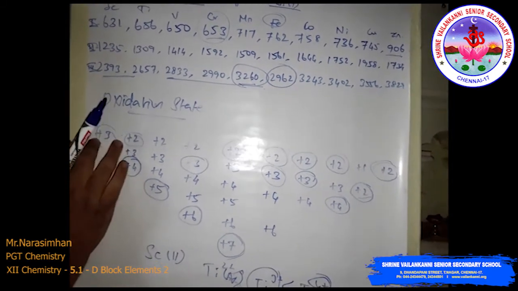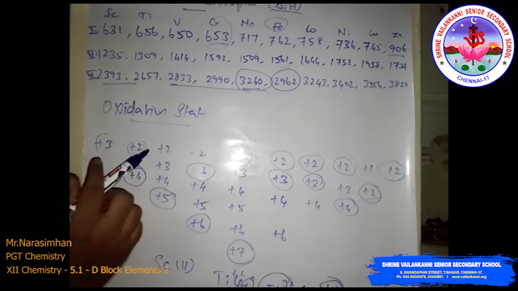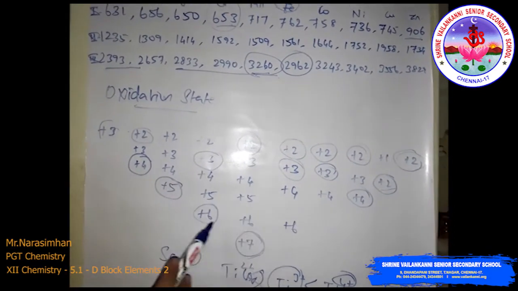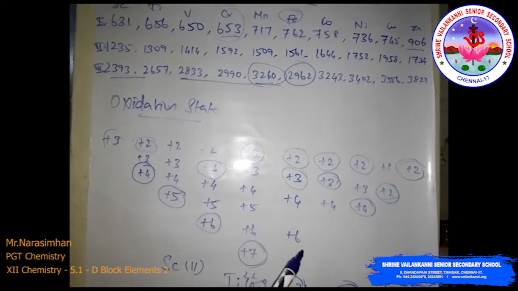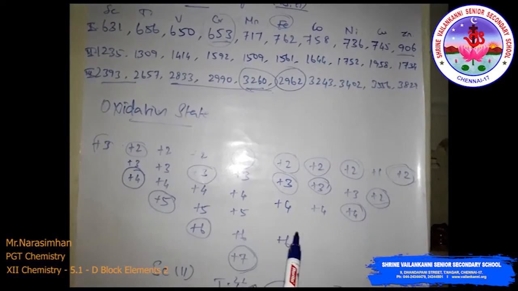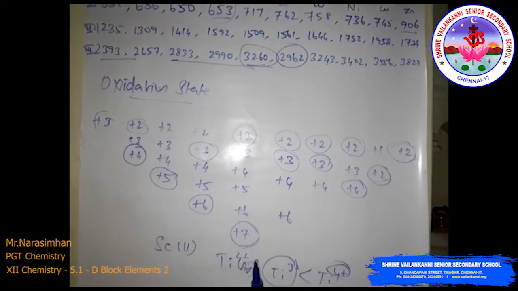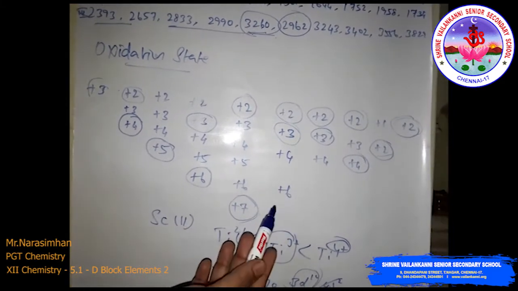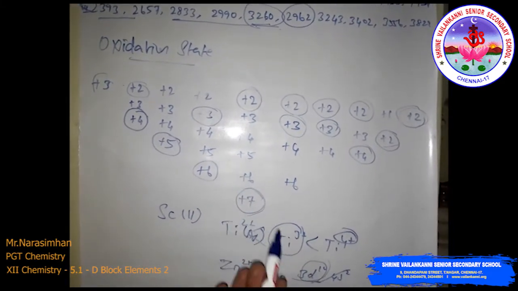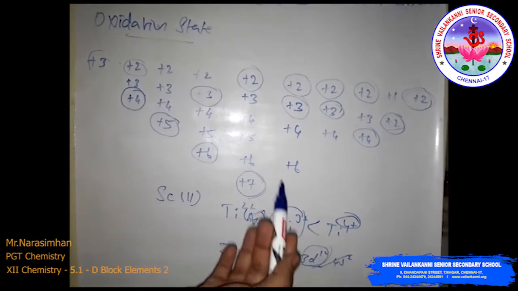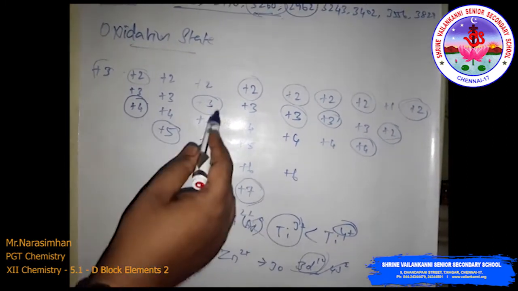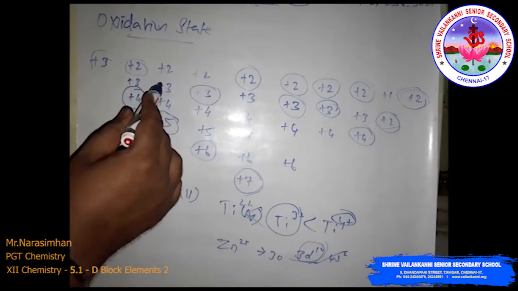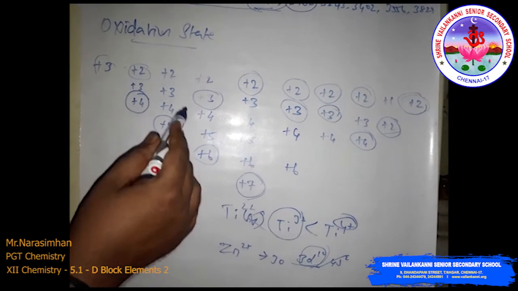The circled ones are the stable oxidation states of the particular metal ions in the 3d series, though they exhibit all the oxidation states. The variable oxidation state, a characteristic of transition elements, arises out of incomplete filling of the d orbitals, in such a way that their oxidation states differ by unity. For example, vanadium +2, vanadium +3, vanadium +4, and vanadium +5.